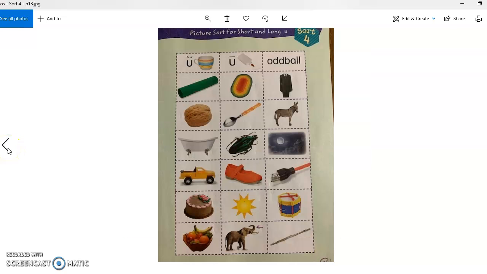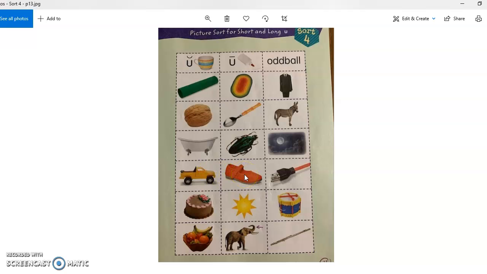Now, the pictures that you have to place are these pictures here. So it looks like this first picture is a tube, and then you've got a rug, and then a suit, nut, spoon. This looks like a mule, tub, bug, moon, truck,